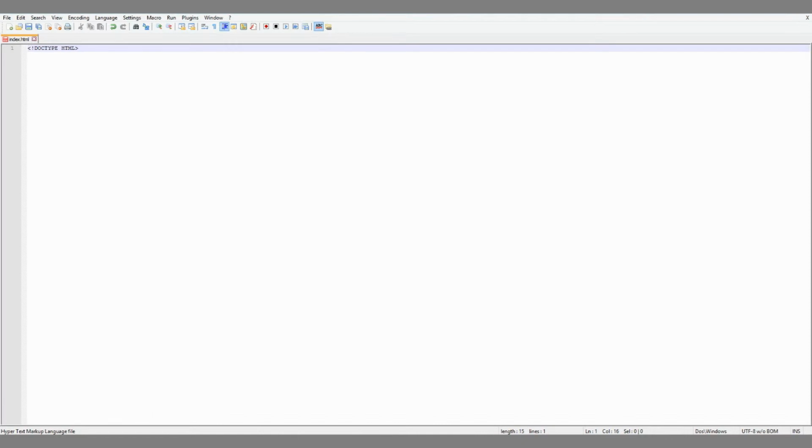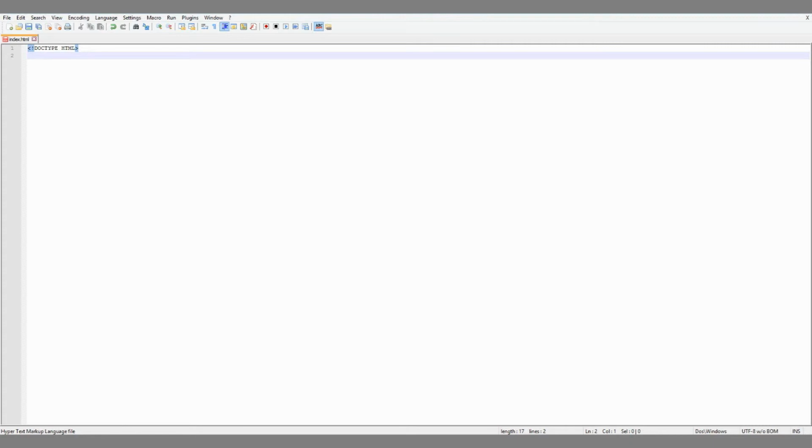Before HTML5 you had to type a pretty long string of all kinds of text that linked to W3C. What W3C is will also be explained in a future tutorial, but for now let's just stick with this. So doctype